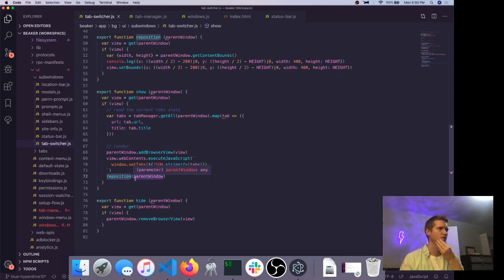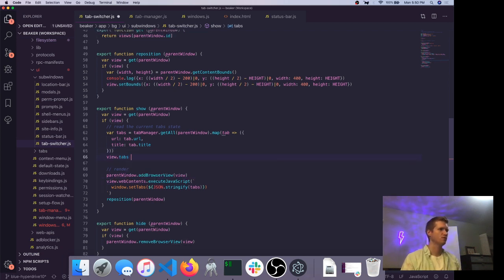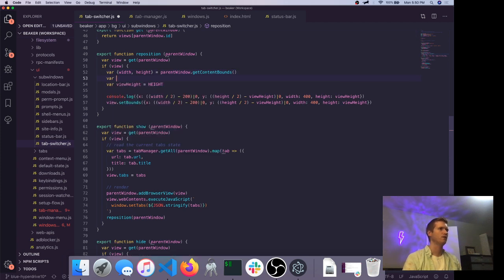Reposition is going to need to know how many items, how many tabs are on it. So I'm going to attach the tabs to the view, and then in the reposition, we'll do our view height is equal to height, just in case we ever need to mess with that. And then var view width is equal to the view.tabs.length